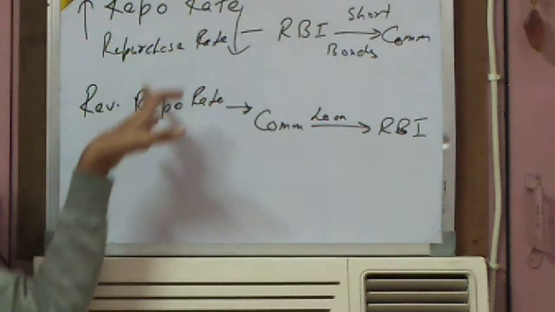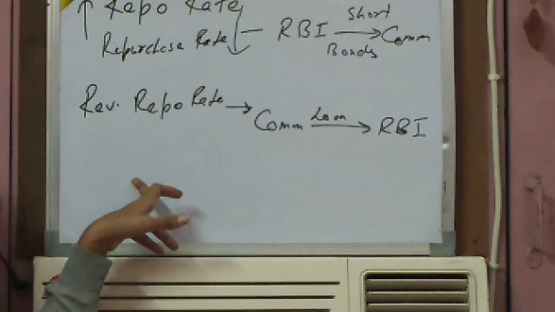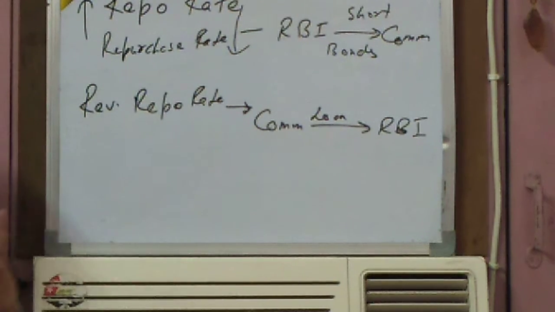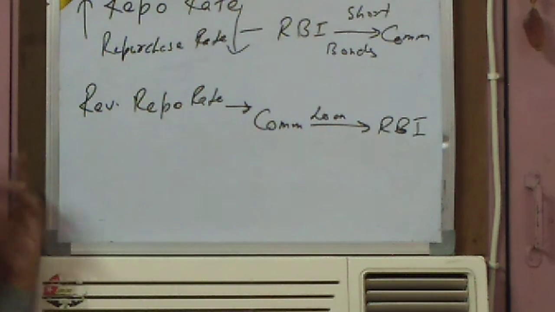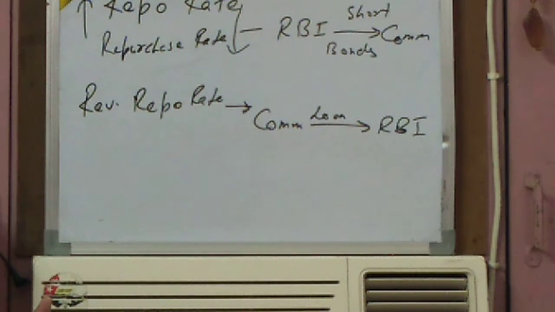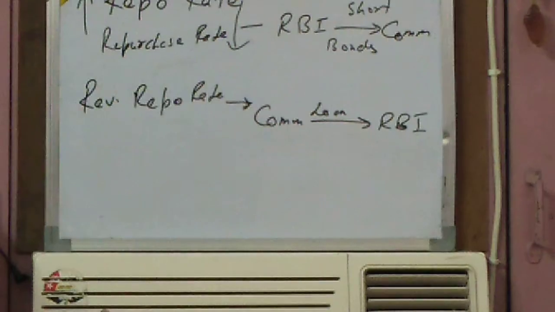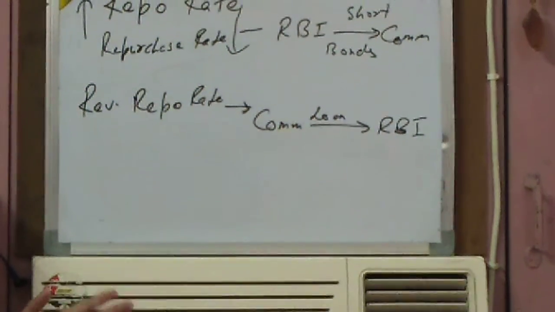So these are the two things, repo rate and reverse repo rate. Clear? These questions can come in short form also: what do you mean by repo rate, what is bank rate? And it can come as a long question also, like explain bank rate. So this is one of the methods by which bank rate and repo rate are used, and all these rates are determined by the RBI. Time to time, the RBI keeps on changing them as the demand of the economy in the market requires in that time period.